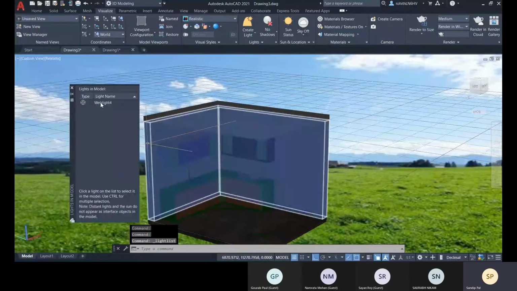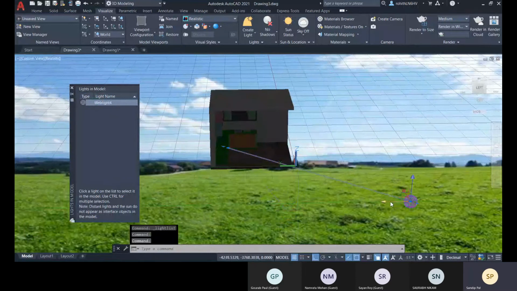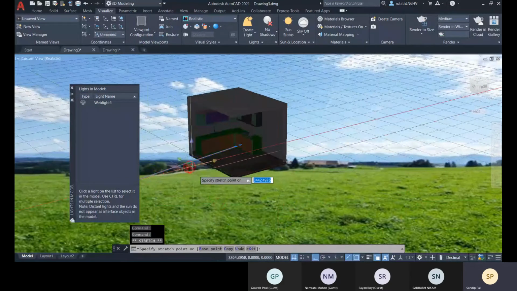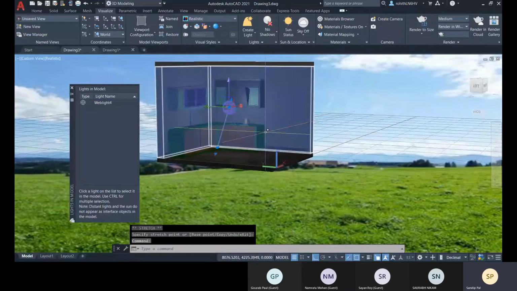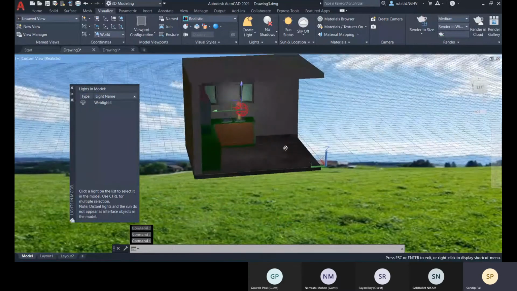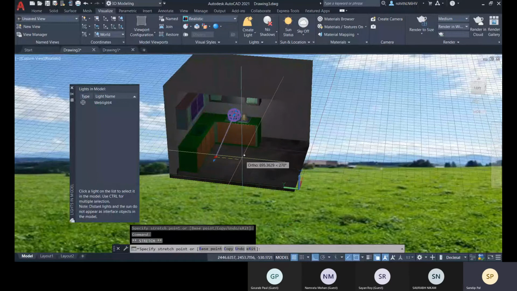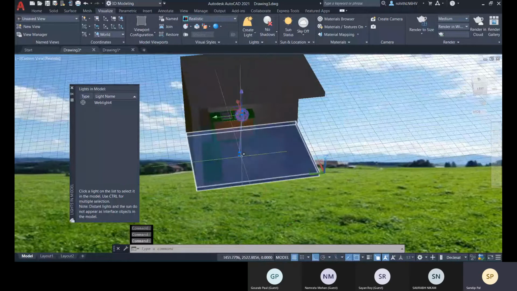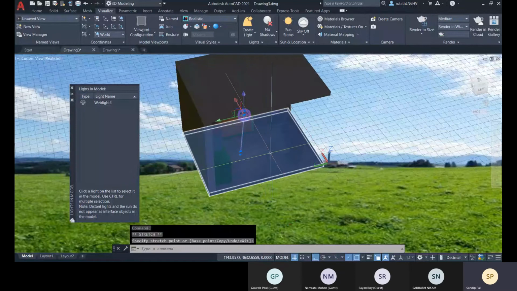Now go with this list, and there this web light is there. Let me fix this position. Here you can see that in that direction it's spreading the light evenly from this source. So you can get the source with this web light. Okay.